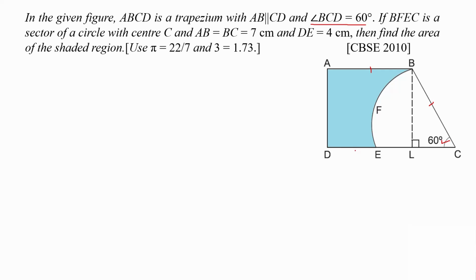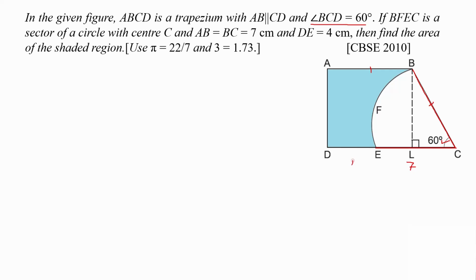ठीक है, तो यहां पर ध्यान से देखो CB is equals to CE होगा, why? CB is equals to CE, why? Why these two are equal? देखो मैं रेड मैं ऐसे मार्क कर रहा हूँ, ये दोनों क्यों इक्वल है? So radius of the circle, radius of the sector, fine. So ये भी 7 होगा, this is also 7, clear?